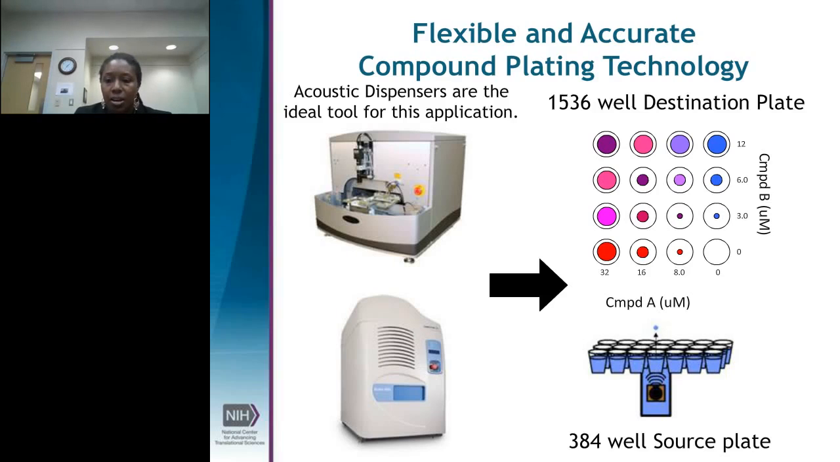What they are able to do is use an acoustic sound wave to transfer a droplet from a source plate into another plate, a destination plate. If you look at this cartoon on the right side of the slide, you have a 384 well source plate that is sitting there with no lid on it, it's open, and it has compound in each of the wells. Then at the bottom of that, in this little blue area, that is the transporter, and the transporter